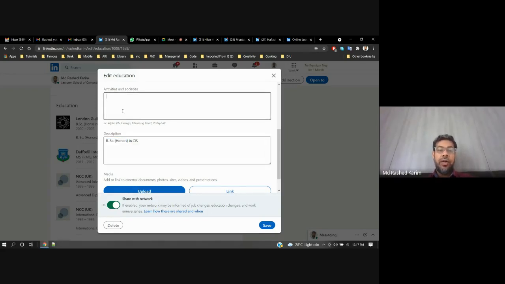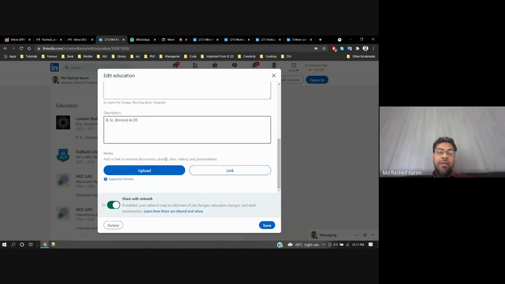So this is a very short activities, and these are basically descriptions of what the topics and courses you have covered in this degree. And you can upload your memories, your documents, photos, sites, videos, whatever. If you want to share with your network or not, you can turn it on or off.